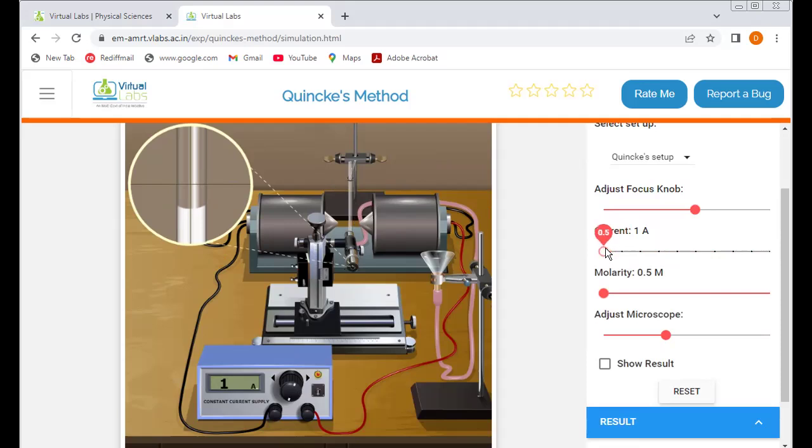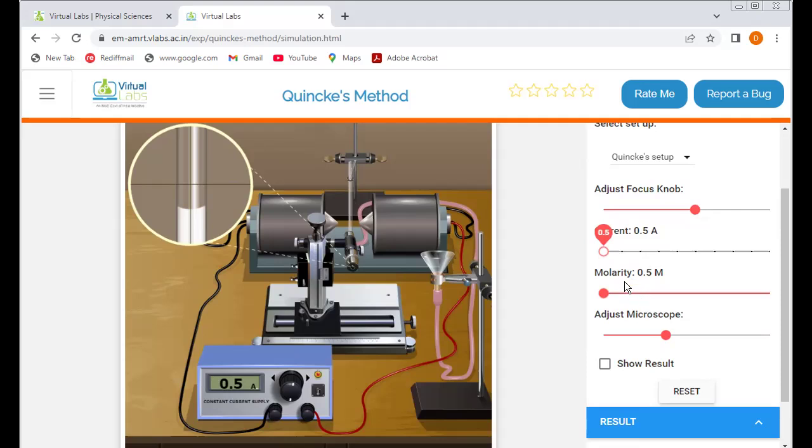You first give the lowest current. You have to start with 0.5 amperes of current. When you apply 0.5 ampere of current, there will be some changes in the liquid level in the Quincke tube, and molarity also you can choose